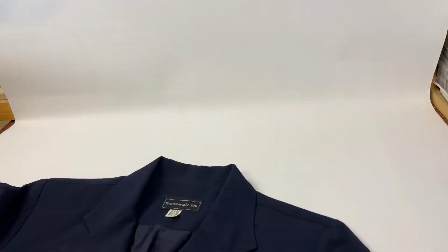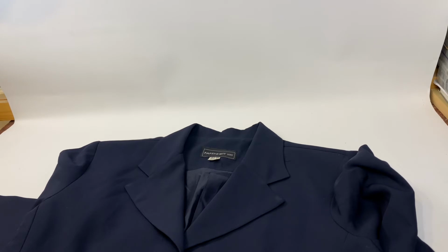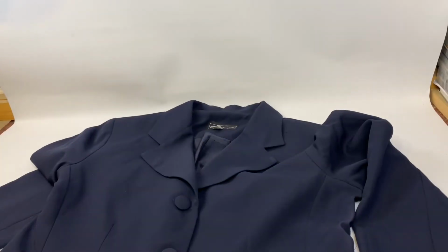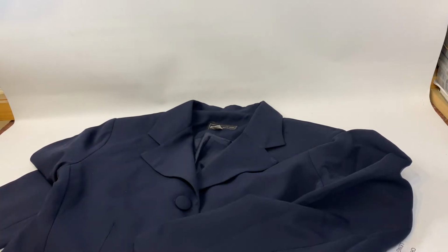And the last one in the Australian vintage little lot is a Fahrenheit 100, size 12, navy, a lovely little navy. This is a lighter weight jacket than some of the others. And it is, you know, the good old polyester, made in Australia. It's a 4-button down, size 12, little button detail on the sleeves there. Just a great little